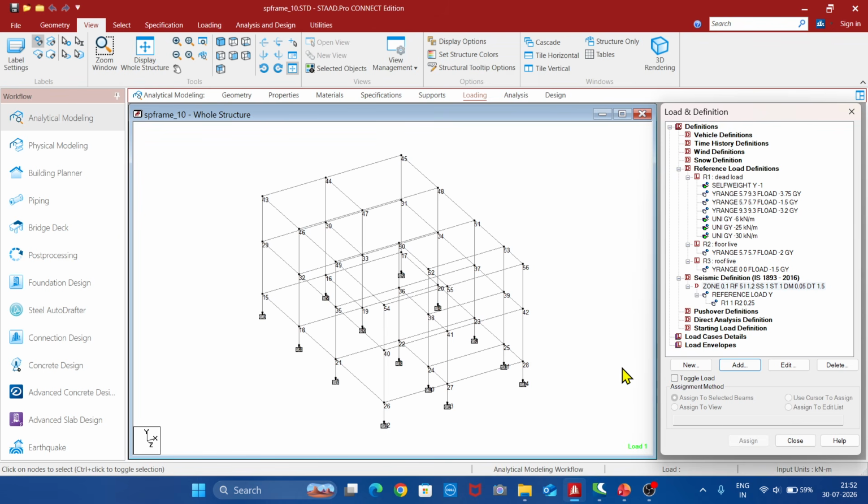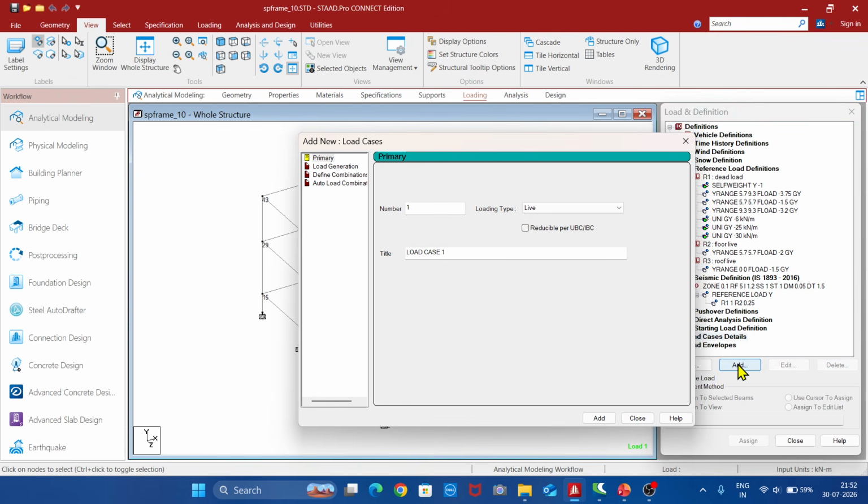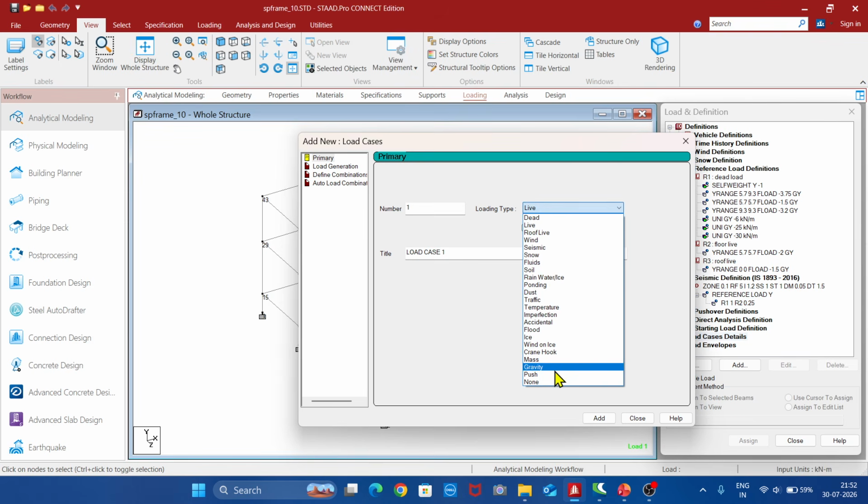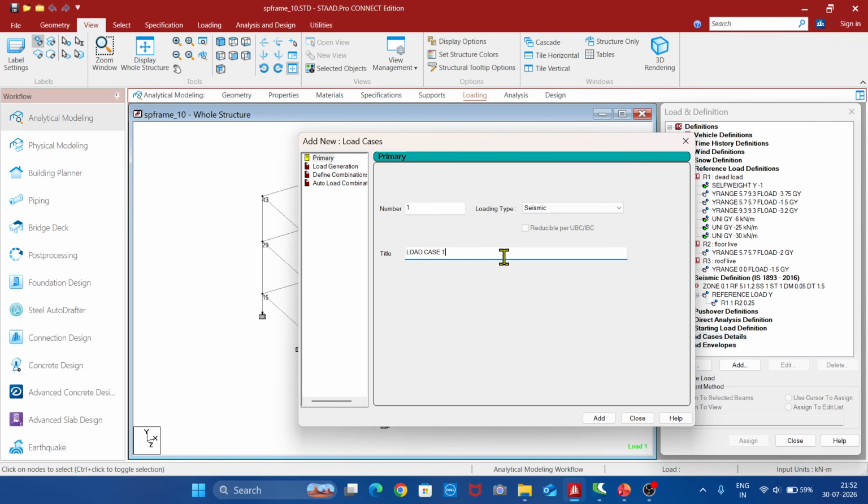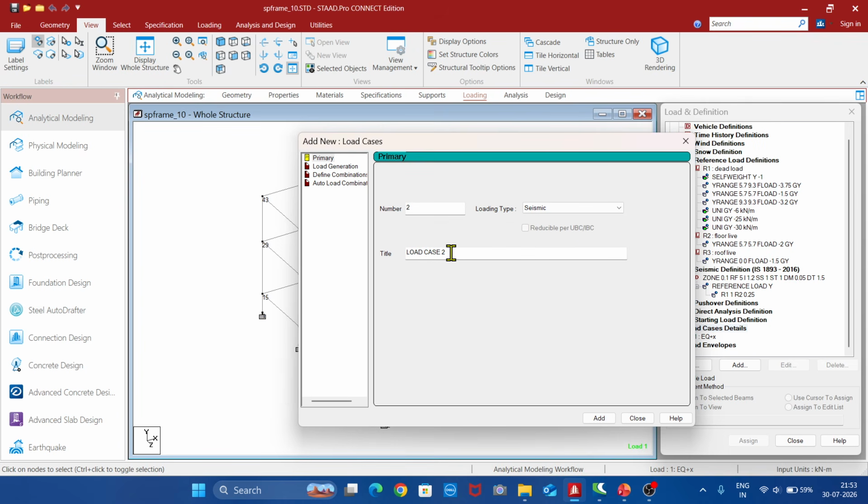Now we need to add to the load cases. So go to load case details, click add. So first load will be, say, let it be seismic. So seismic acting in the, say we will call it as EQ plus X, add. Then seismic